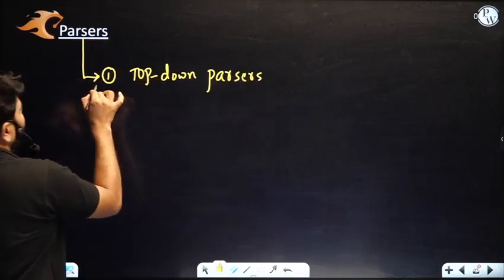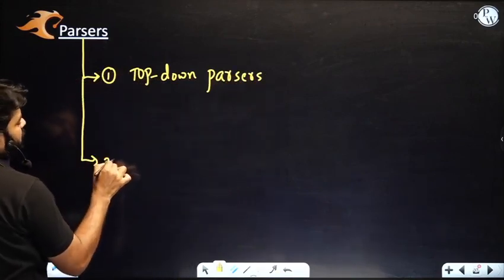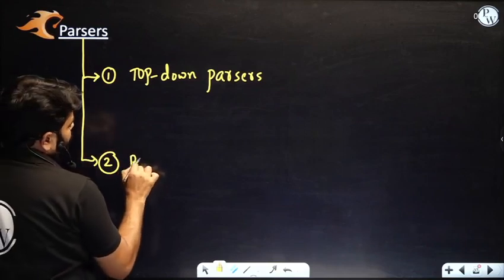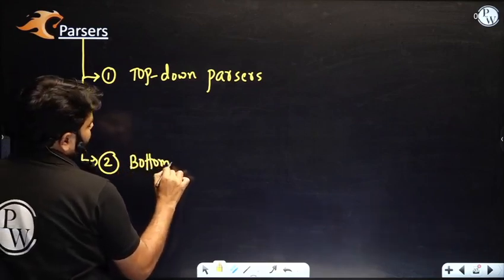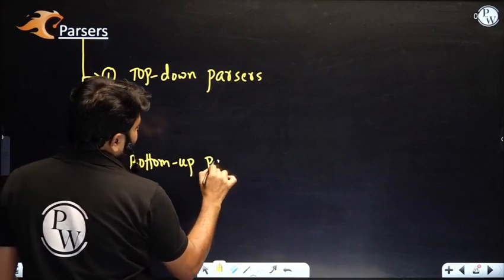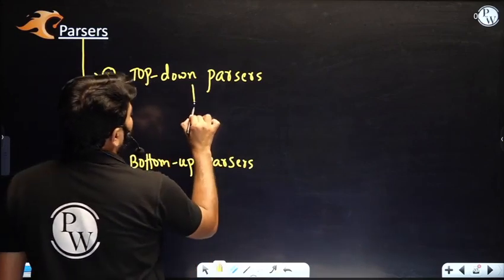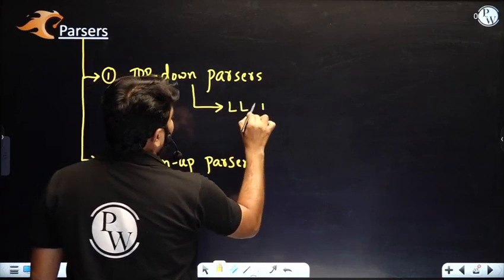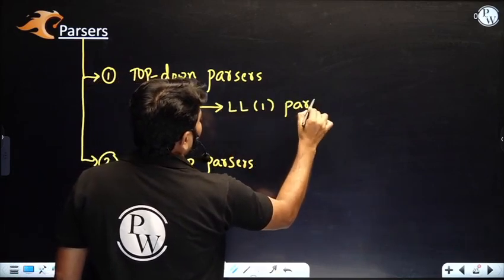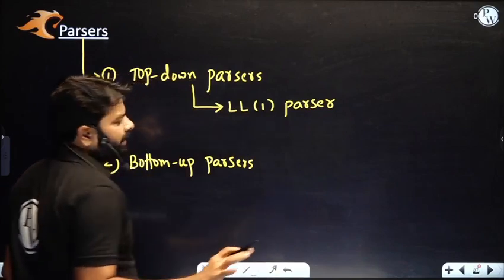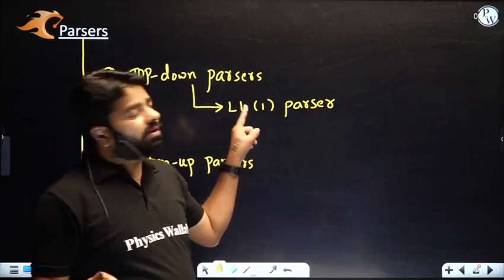In the world, you have various other parsers too, but we will learn only these two types as per the syllabus. In the top-down parsers, we will mainly focus on LL1. If you are interested in learning any other parser, you can, but from the exam point of view, LL1 is